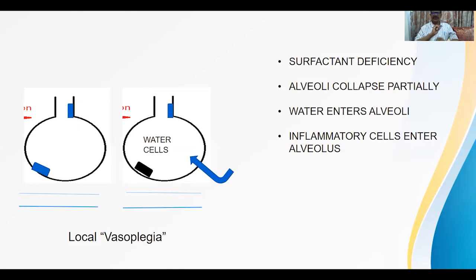Now here there is a fundamental difference. The key difference between P-type and C-type is happening here. Local vasoplegia. This is a beautiful term coined by the Italian intensivist Gattinoni. What is this local vasoplegia? We know about paraplegia, monoplegia, paralysis, unable to function, unable to contract, unable to constrict. So this is local vasoplegia.